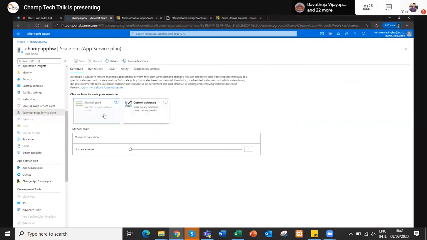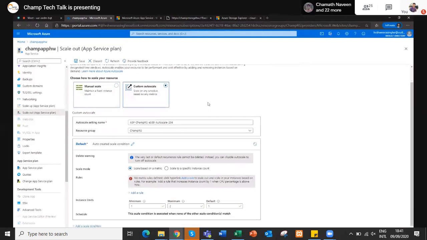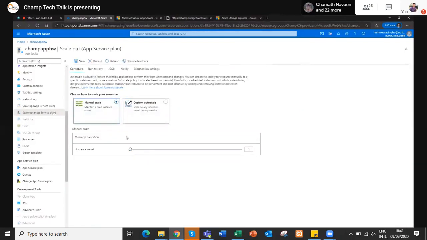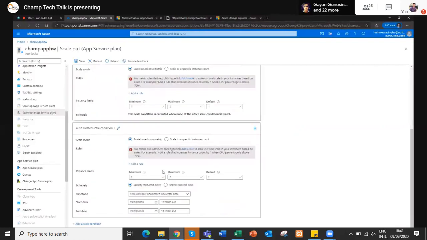So you have something called manual scale and you have something called custom auto scale. So what I do is scale on any schedule based on metrics. My minimum instance count is 1 and my maximum instance count is 2.